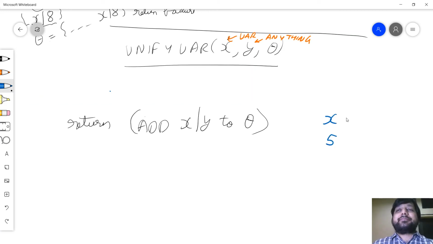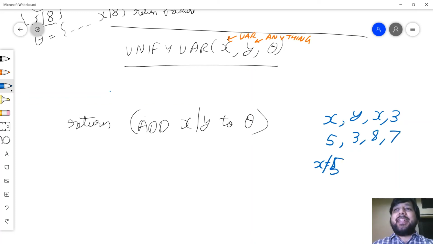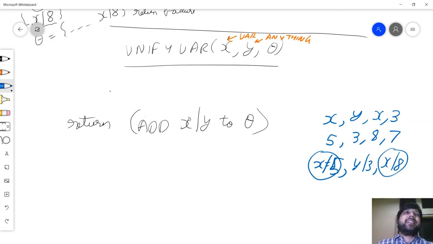So the first list is x, y, x, 3, where numerals are the constants and otherwise. Now x is equal to 5 when you do the first, y is equal to 3 when you do the rest, x is equal to 8 when you do the rest, and there's a problem, x has two values. So you have to check that it doesn't already have a value.